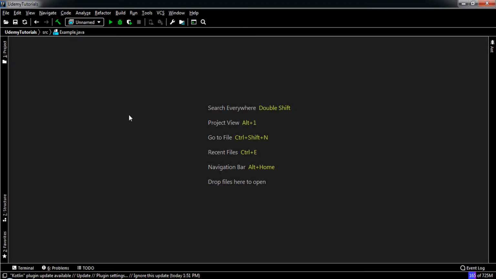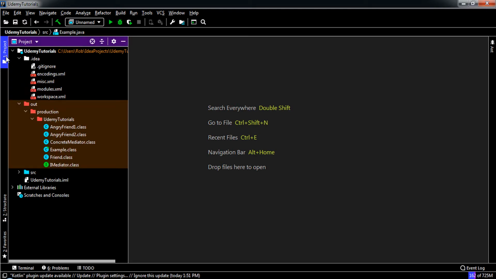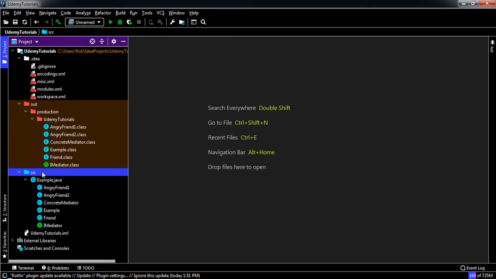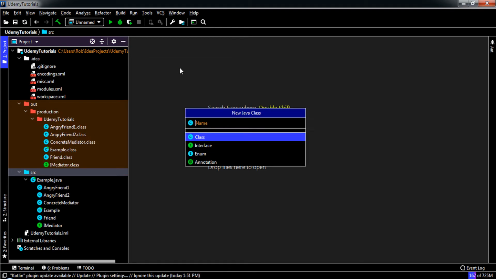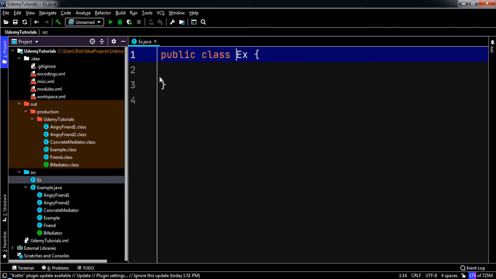The first step is to click on the Project tab on the left-hand side of the program to open it. Then we will right-click the source folder, labeled src, and go to New Java Class. The next step is to name our class. We have created the Java class we will work in throughout this course, but we still need to create a